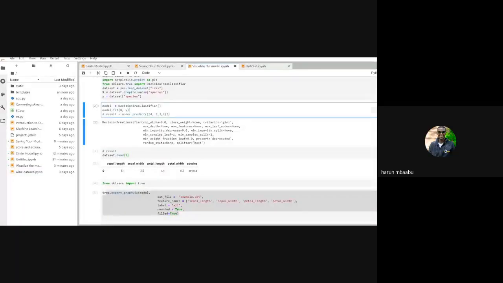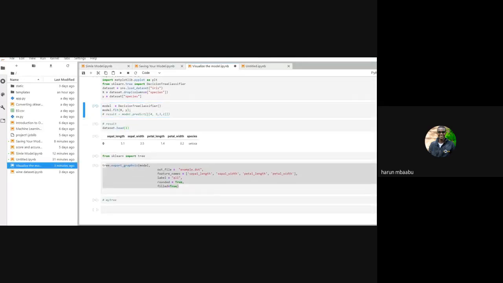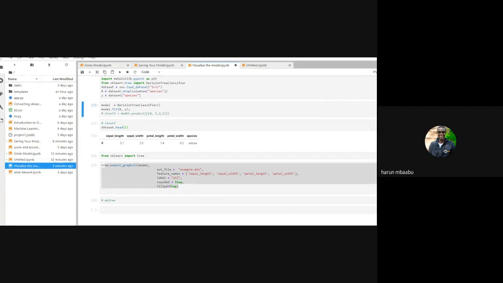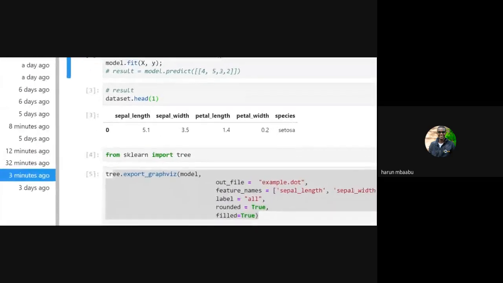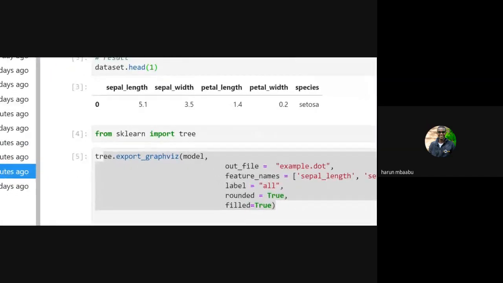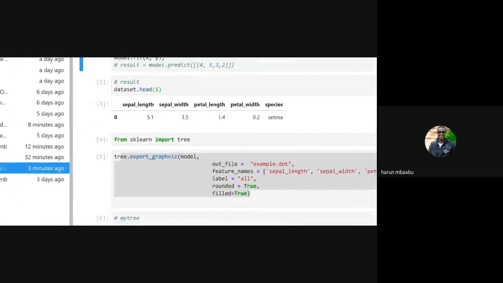Then the other thing, to avoid such errors, you can add a semicolon. Sometimes you make a plot using matplotlib or seaborn and you get a certain error. You can avoid that error by using a semicolon. It's very important to note that. In Jupyter Notebook, semicolons eliminate some errors. After that, I was discussing that we have export_graphviz for visualizing the model.